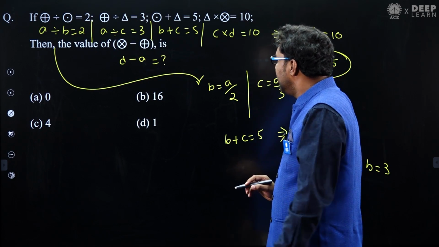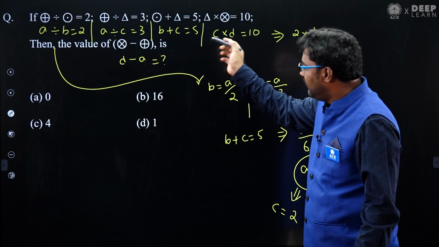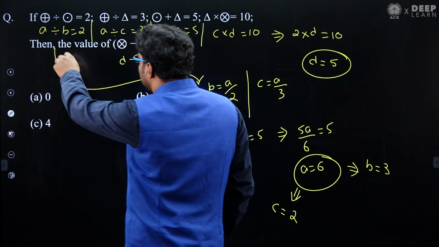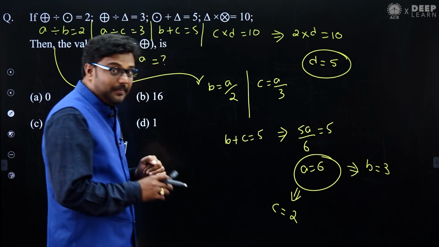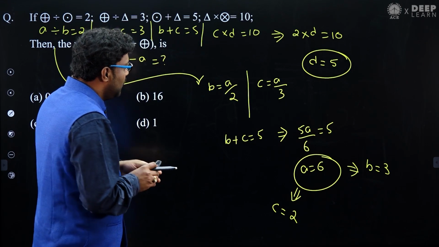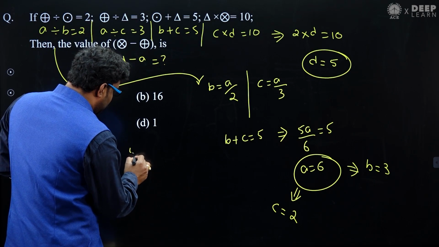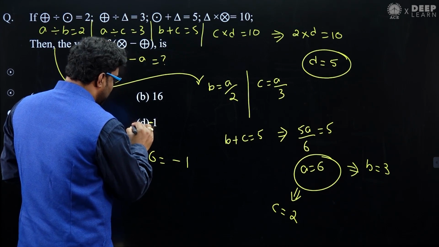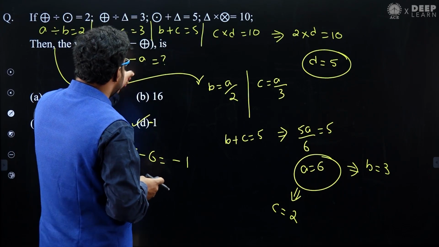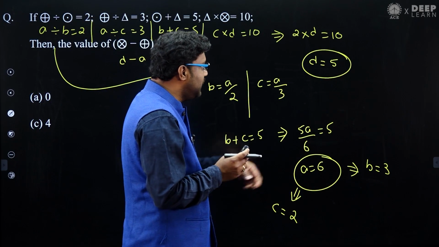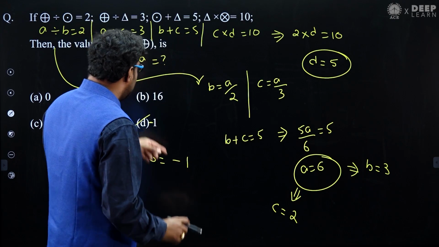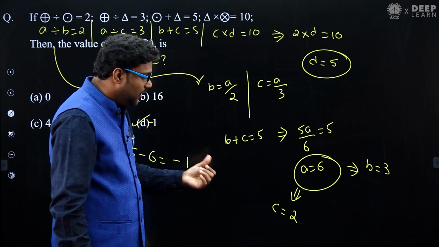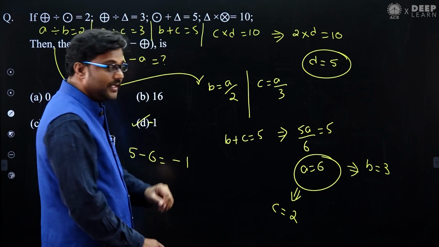The question is actually regarding this D symbol minus A symbol. You just see this is what A symbol, this is D symbol. We have to subtract actually. Here D symbol is nothing but 5, A symbol is nothing but 6. So the answer is minus 1. Minus 1 we have to get. If they are asking these two symbols subtraction, yes, D value we came to know 5, A value is nothing but 6. If you subtract these two, hope you got finally minus 1.